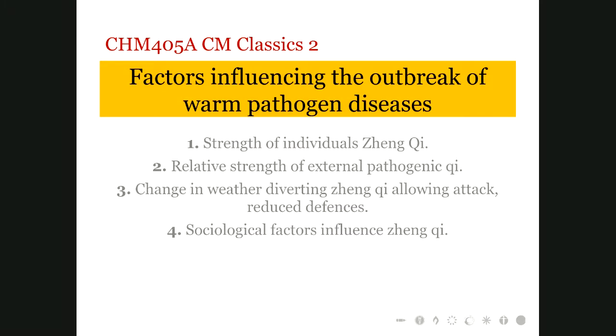And on the influence of the outbreak of warm pathogens, there are so many factors. One is the strength of the pathogens. Sometimes the strength of the pathogen is not very bad, it's okay. Usually when pathogens try to adapt to different groups of populations, through mutation they can become weaker and weaker, and eventually they can become part of the human beings or part of the animal kingdom. They coexist together, so they are very, very gentle. They adapt to survive instead of being eliminated.